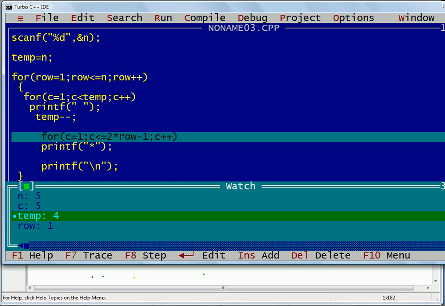So as of now the value of C is 5, but here we are going to again initialize the same variable. We can use some other variables also, but I am using the same variable. Now again the value of C is initialized to 1, and then we will check if C is smaller than